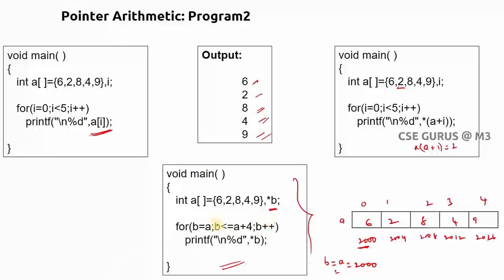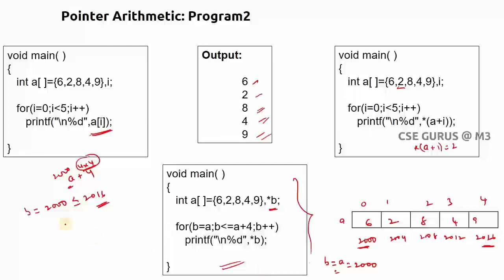Now b is equals to 2000. Is that less than or equals to a plus 4? So a equals 2000. What is 2000 plus 4? Is it 2004 here? No. So 2000 plus 4 next addresses. That means 4 into 4 it goes up till 2016. So I'll write here b equals to 2000 is less than or equals to 2016. Yes, that means a plus 4 means a is 2000, but plus 4 means you have to take with index the size. So index with size 2016. So 2016, is that less than? Yes. So that's why it goes inside and prints pointer b.